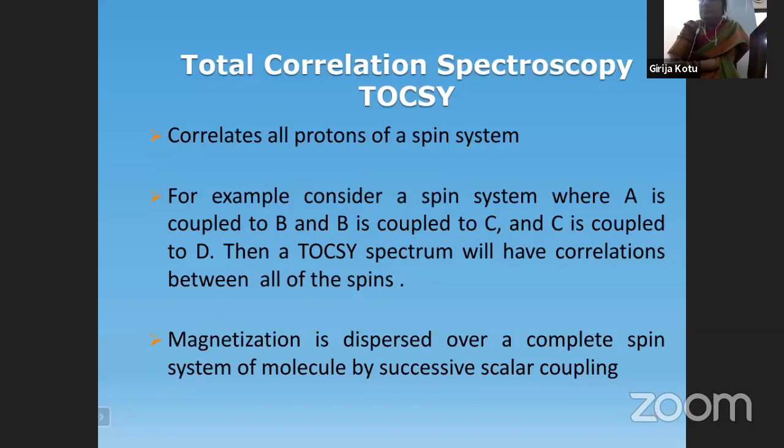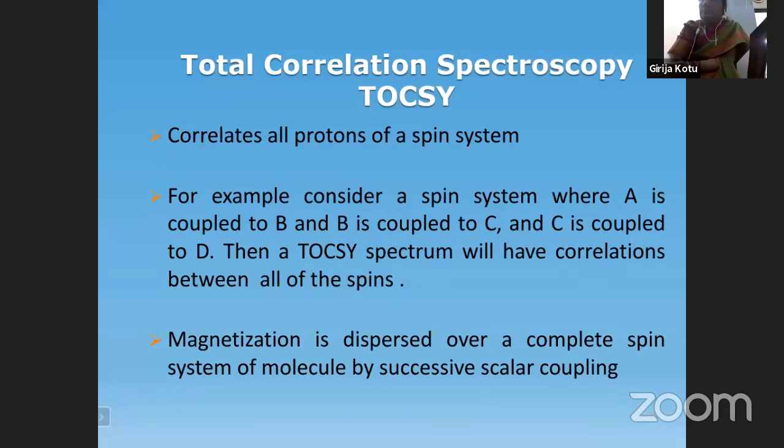In homocozy, for example, in the same ABCD pattern, we say that A is connected directly to B, and B is connected to C, connected to D. That means A has a neighborhood B, but A will not have C as a neighborhood, and A will not have D as a neighborhood. A will have a neighborhood only to B, but B will have a neighborhood to A on one side and C on the other side. Similarly, C will have a neighborhood on one side to B and on the other side to D, and D will have a neighborhood only to C.